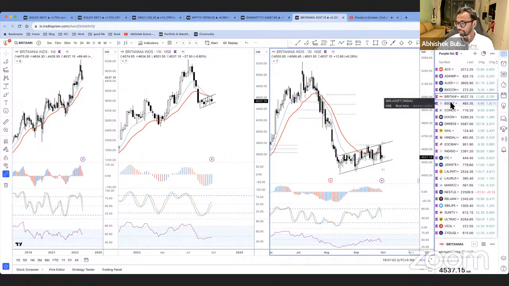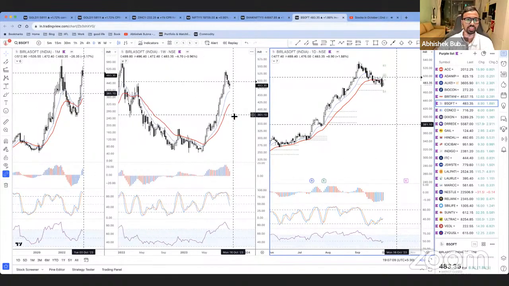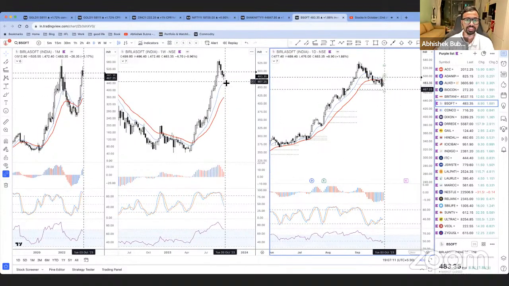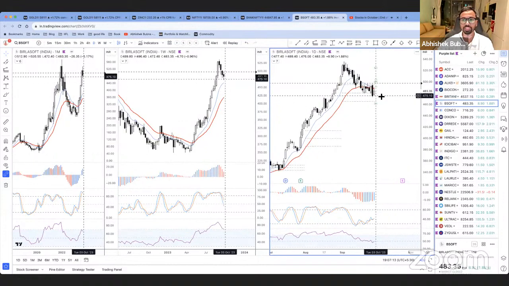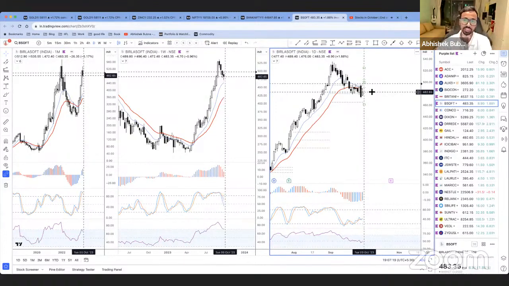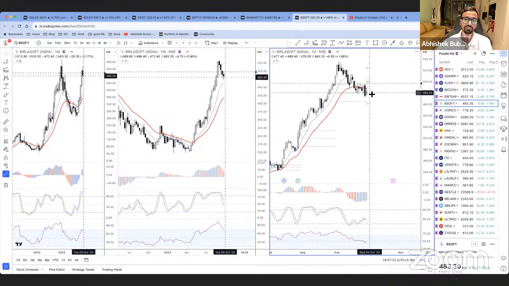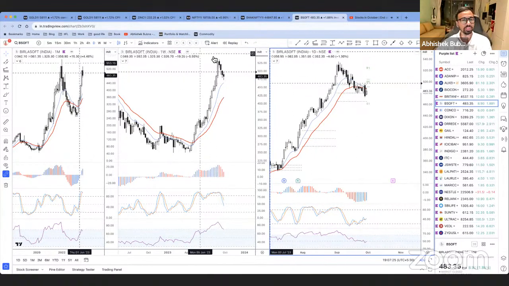Okay, अब हम जाते हैं next chart पे, which is Birla Soft. Birla Soft, it is at weekly EMA. You have a bullish divergence. So अब इसके पहले तक क्या था, Wednesday तक क्या हो रहा था कि daily EMA पे था, hourly divergence था. Now you have a daily divergence, bullish harami. Now, of course, you're waiting for the prices to go above the CPR or at least give you a follow through.